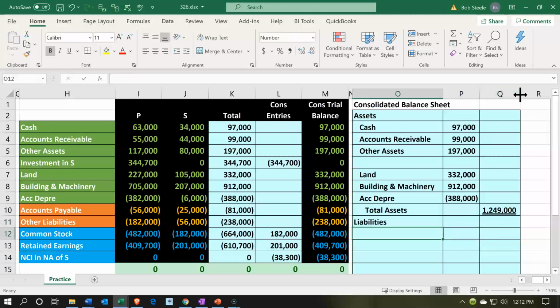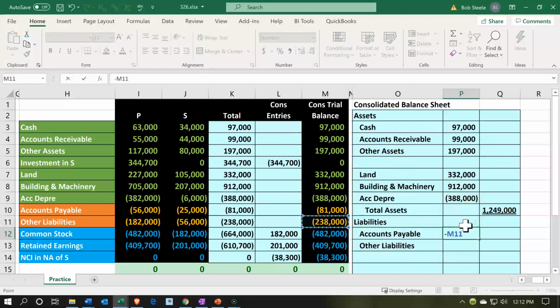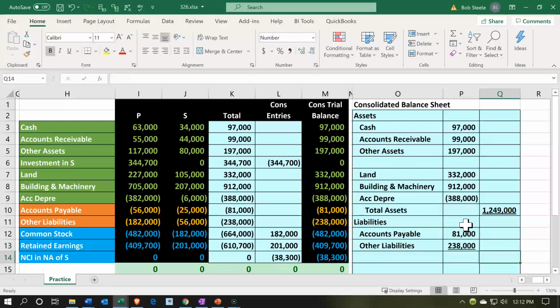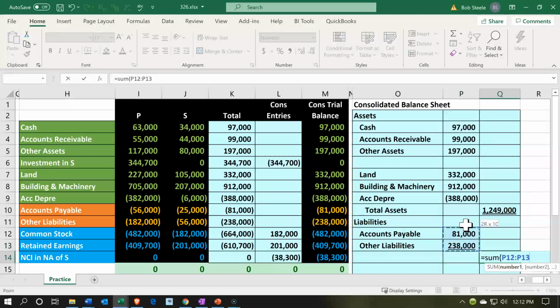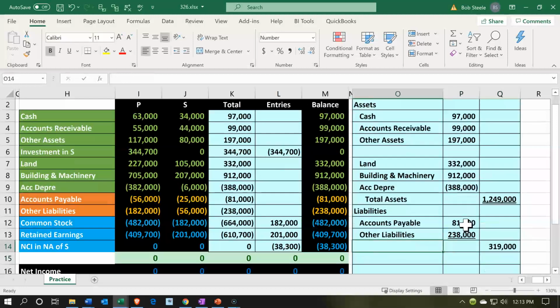Liabilities, we're going to say the accounts payable. Let's bring over the accounts payable, copy that. Other liabilities, go ahead and indent those. I'm just bringing those in a bit. And then we're going to pick up the numbers. They're going to say negative of the 81, negative of the 3 or the 2, whatever that is, and equals the sum of those. And that's going to be, let's call that total